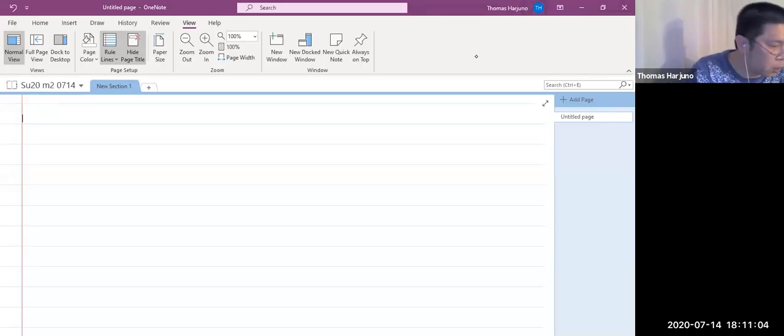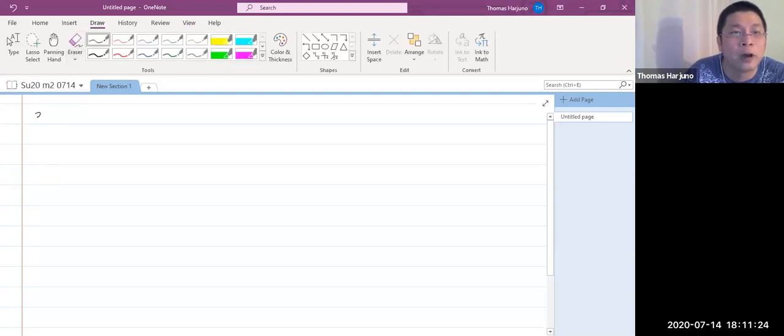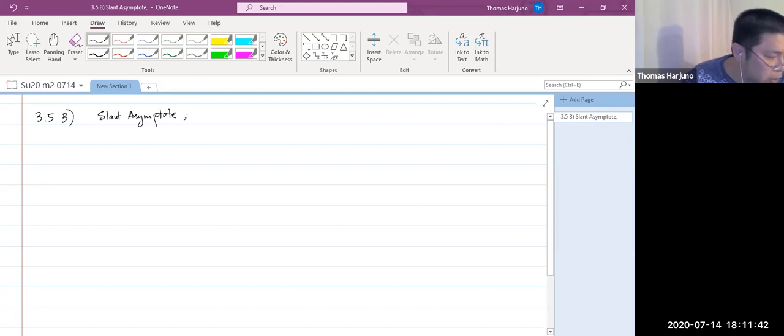Okay, we will continue from yesterday. We have done rational functions with horizontal asymptotes, and now we will see more cases where we have slant asymptote. So this is still 3.5, part B, the case where we have a slant asymptote. And if we can go further, we will talk about the ones that have curvilinear